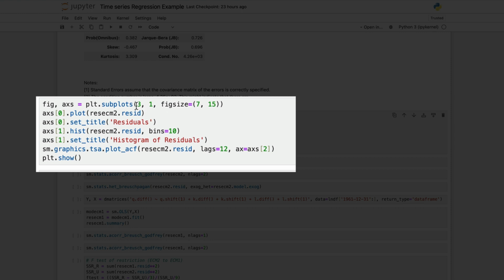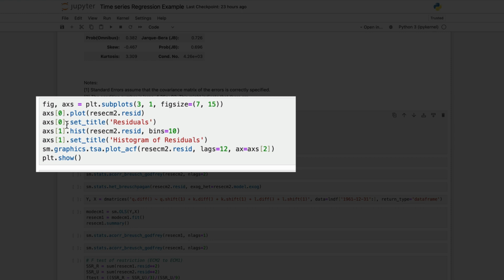So we want 3 rows and 1 column, so there's going to be 3 charts, and then you put an appropriate figsize, and again you'll need some trial and error there to make sure things fit nicely. What this now means is that you can then refer to each separate chart as an axs variable. That is, as you can see here, if you put axs and then in brackets the index 0,